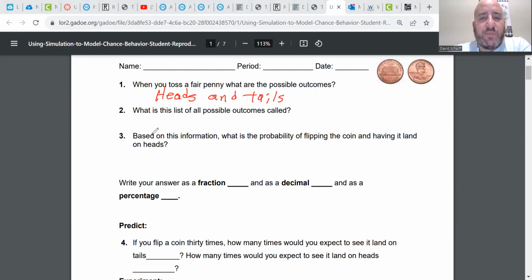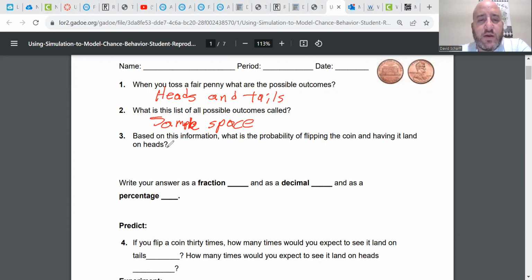What is this list of all possible outcomes called? It's called the sample space. I was actually kind of surprised. Again, y'all, being probability, I'm pretty sure y'all just talked about it at the end of geometry last year. And I struggled for a minute to come up with this when we did it in our training, if I'm being honest. But 5 out of the 6 classes were able to give me the answer pretty quick. So sample, that's supposed to be an E. Sample,